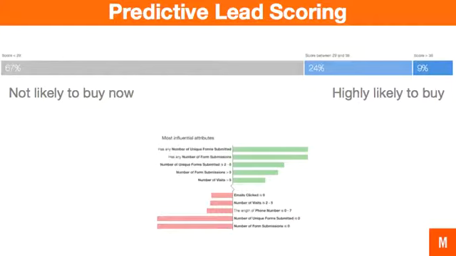So you must be indicating which leads are turning into customers and which leads are not turning into customers. What the machine learning algorithm then does is it works out which leads based on hundreds and hundreds of different attributes are highly likely to buy and which are not likely to buy. So then you can focus your efforts. So for example, in this example, you can focus on the 9% that are highly likely to buy. You're probably able to send that directly to a sales team to go and close those. And then the 24%, you can focus on some sort of lead nurturing programs to get them further down the